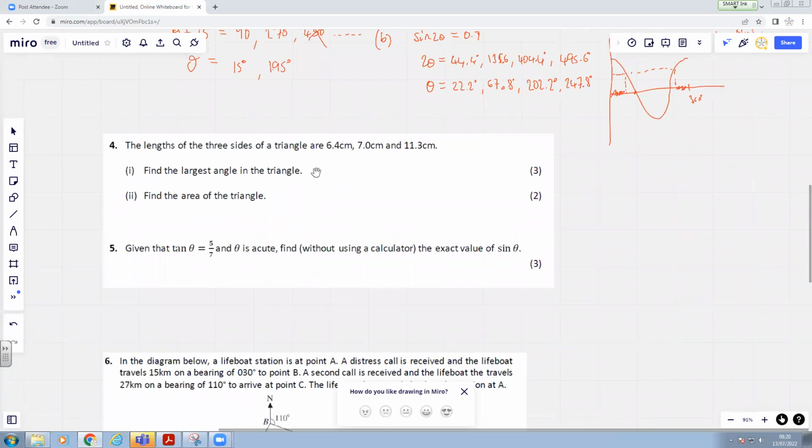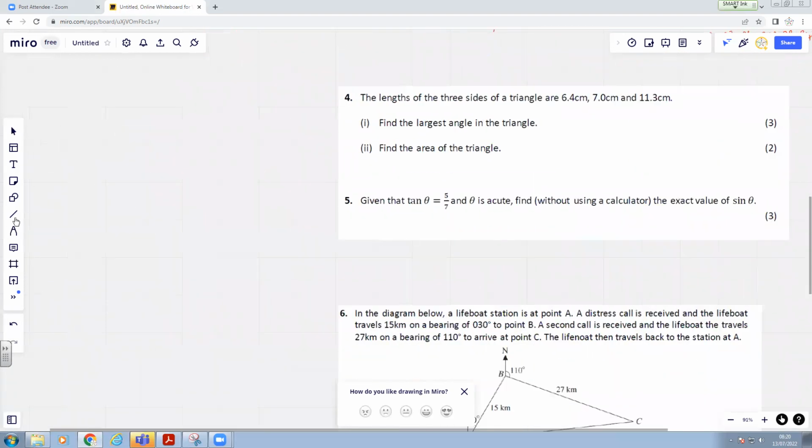Okay, the lengths of three sides of a triangle are 6.4, 7 and 11.3. Okay, and we've got to find the largest angle. That's good. It's a bit of a thinker, isn't it? Because what would be the largest angle? Well, this one's the longest side, so I'm going to label that 11.3. And then we've got the other two pretty similar. They're 7 and 6.4. Well, let's put that one as 7 because it looks longer than this one. And this one's 6.4